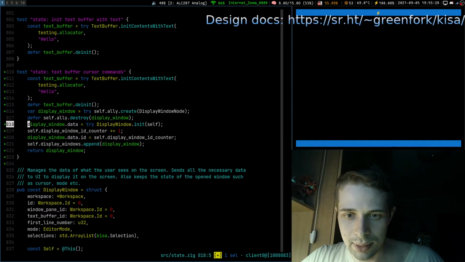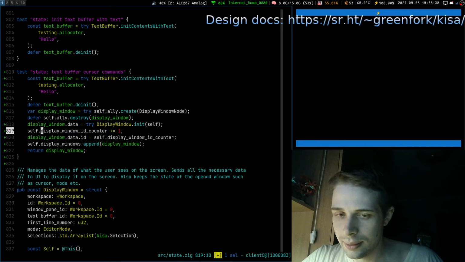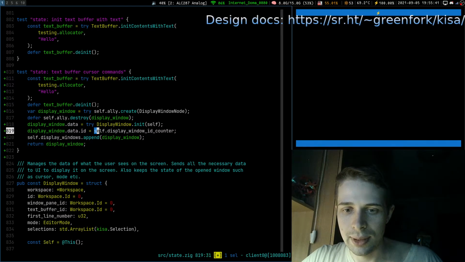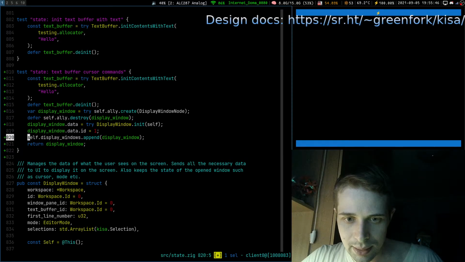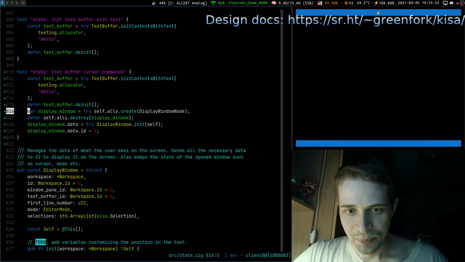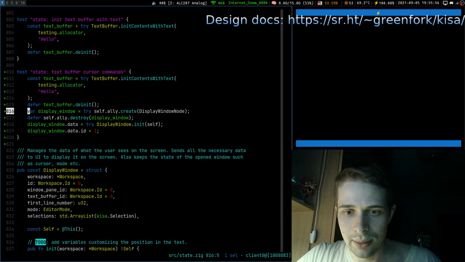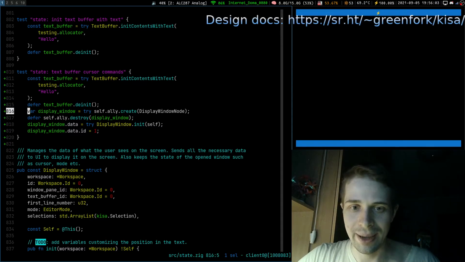Then we go init, we put it in the linked list, we init, we say that display window ID counter, yeah, it is an ID that we assign to each window, we say just one, and say self display windows. So I think this is what we want. We create a display window in the linked list. Is this correct? Oh, no. We still have to have it.